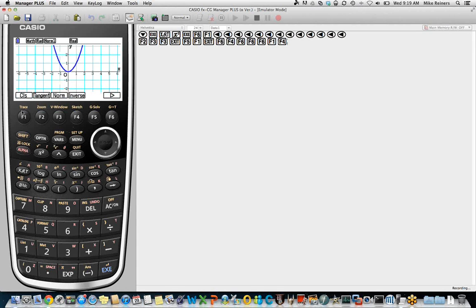So this is a key you will find yourself using frequently if you start to use some of the tools available in the sketch menu, because your graph may get cluttered. You may sketch a number of different things on top of your graph. You need to think about the sketch commands almost like using an Etch-a-Sketch.